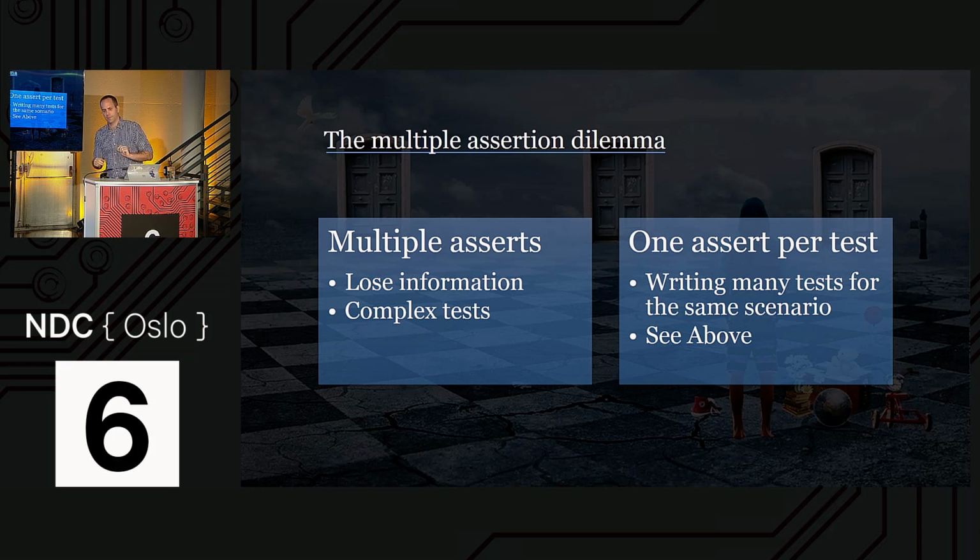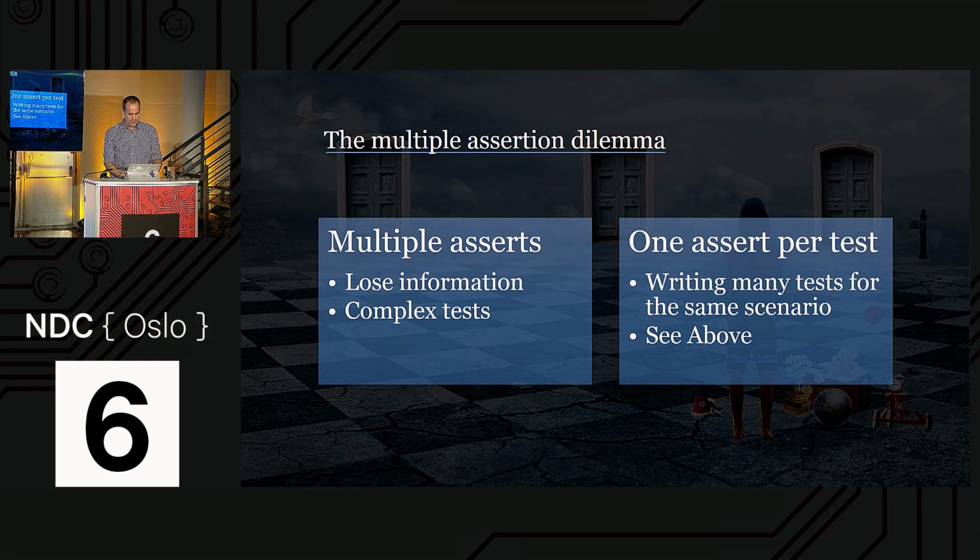But one assert per test has its limitation. What if I want to test a complex object I just got back? It is one result. I'm testing one thing. But my message object I just got back has an ID, a name, and a content, and I want to test them together. But if I test them together, again, not in C++, then I'll lose some information along the way. Oddly enough, in C++, I don't lose any information.